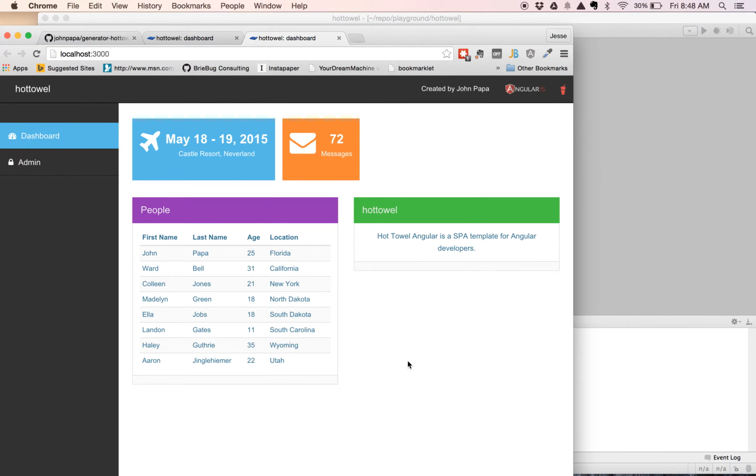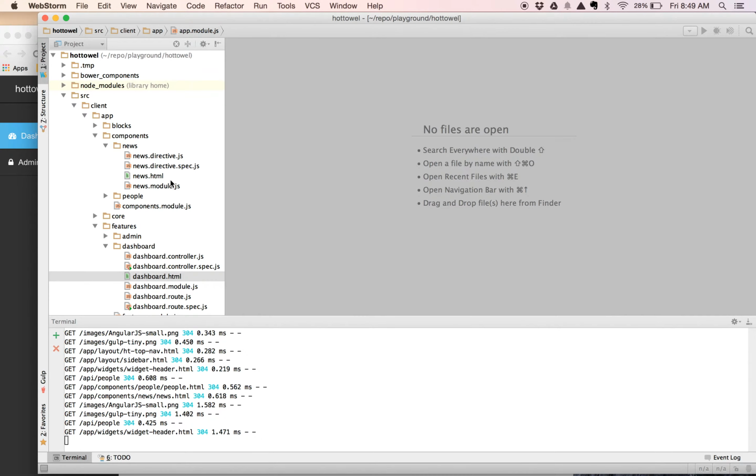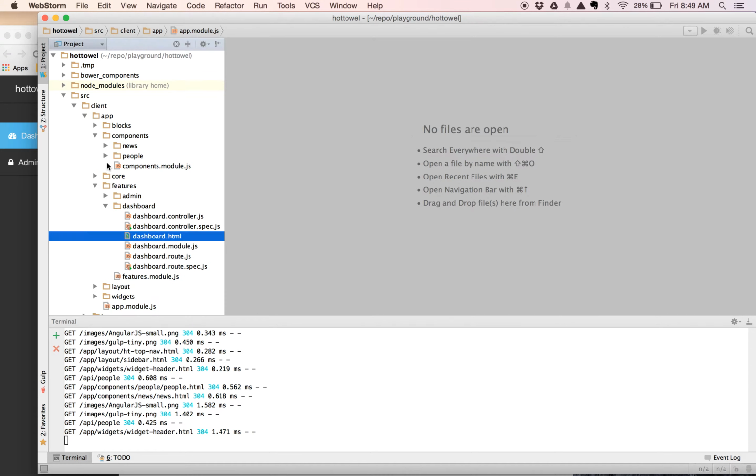So when we look at this project here, we just created our news directive, and we created our people directive in step 2. However, the one thing that's common between these two is they both have this container and this certain look and feel. So we ask the question, why are we having to recreate this container structure each time and potentially get out of sync between how the look and feel is? So the first thing that we want to do is refactor that out, and we'll just start with what the